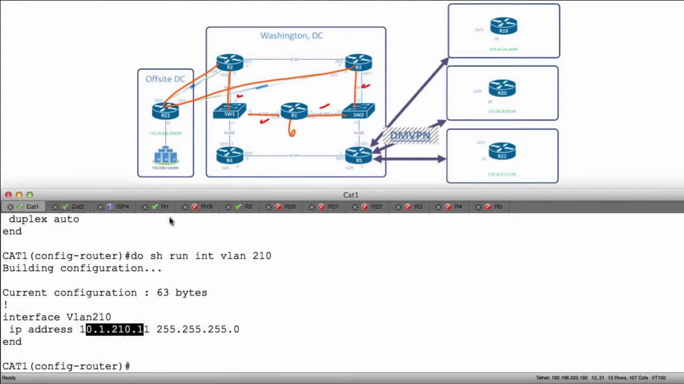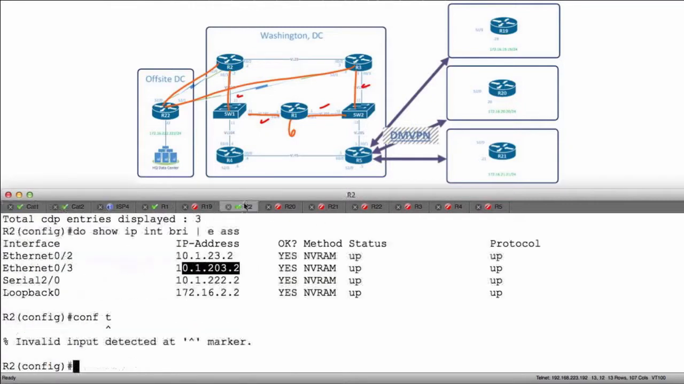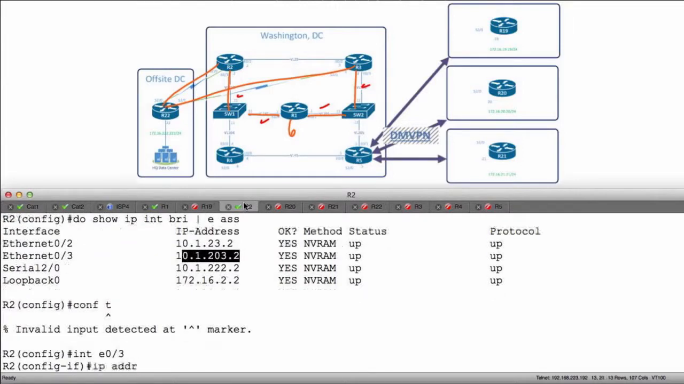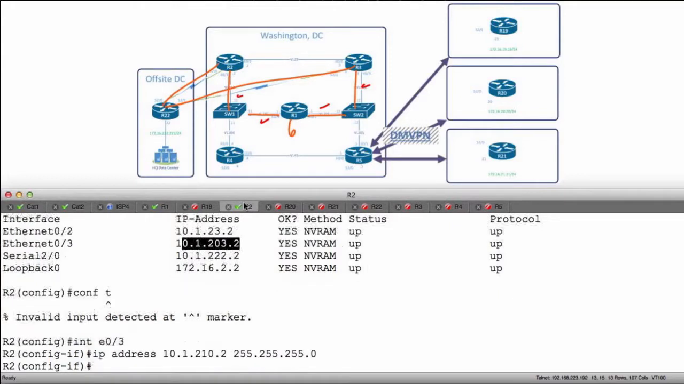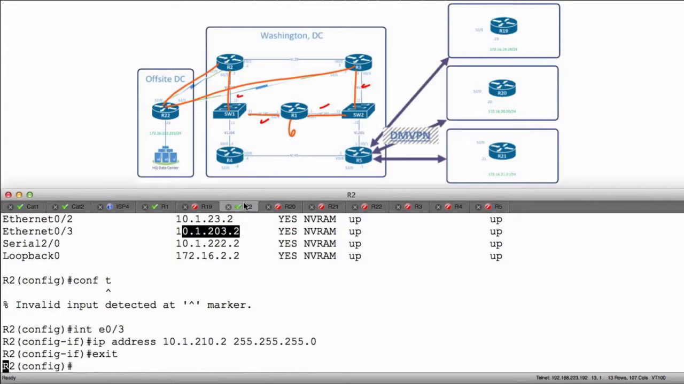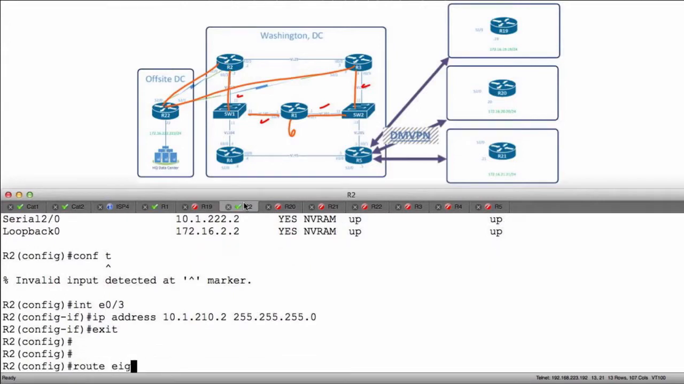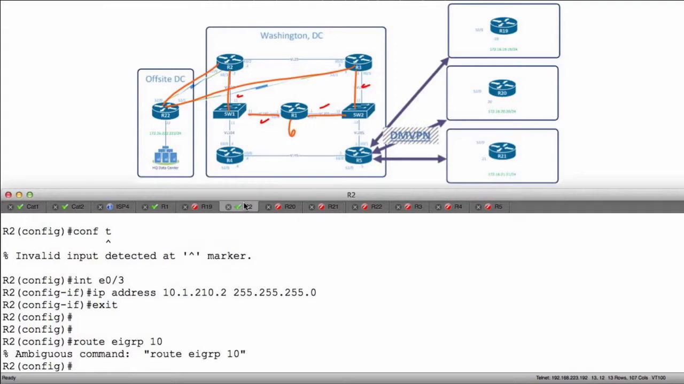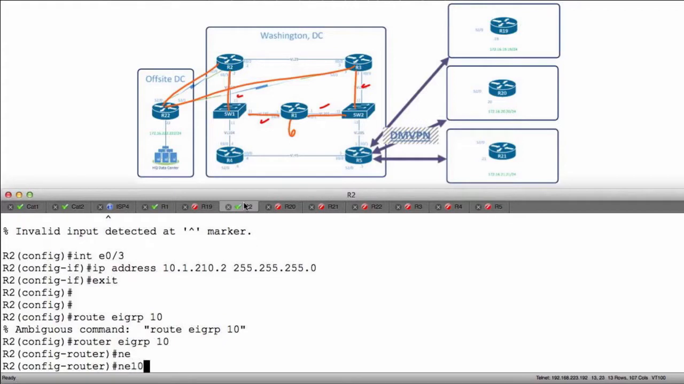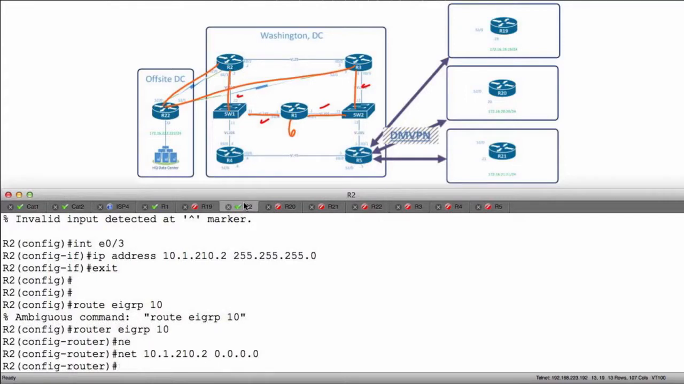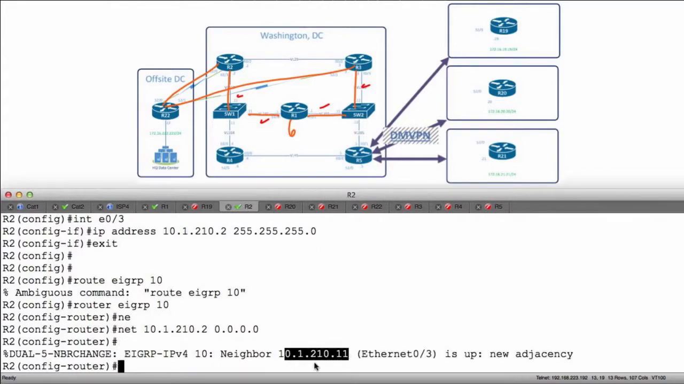So when I cut over here to R2, I've got the wrong IP address. So interface E0/3, IP address 10.1.210.2. Router EIGRP 10, network 10.1.210.2. So if I got this right, I should form a peering relationship with SW1, which I just did after